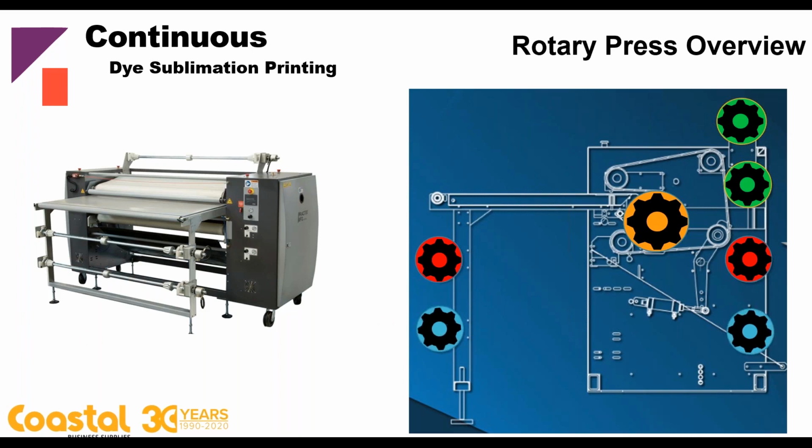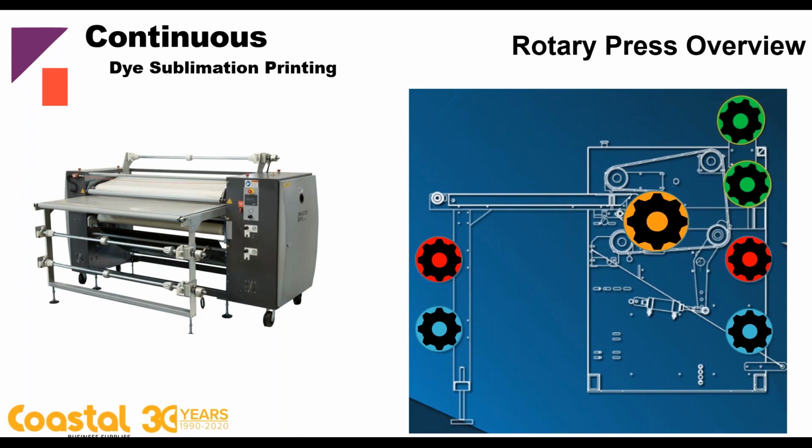These are some of the moving components of the heat press, where you've got the paper going up and through the rotary press, as well as fabric that will go up and in through. This is the table. What's going on right here, I don't have as a moving part, but this is actually a belt that's moving as well, and it's going around this drum. This drum is heated